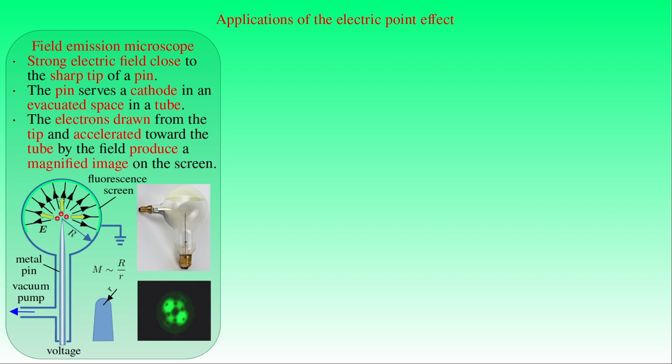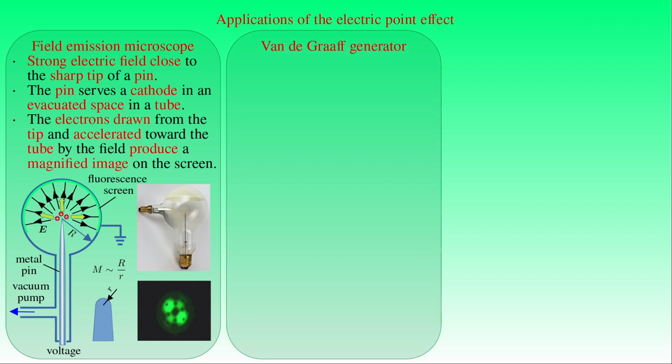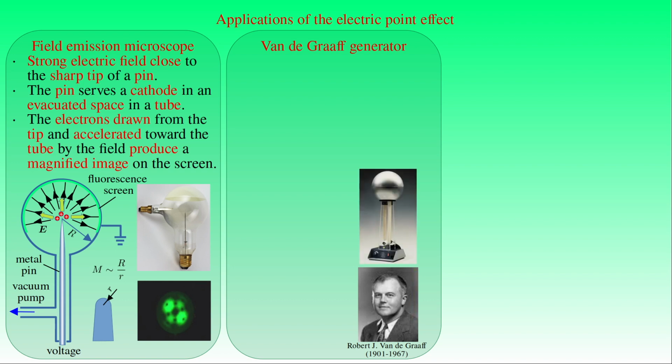The next example for applications utilizing the electric point effect is an electrostatic machine producing high static voltages, that was designed by Robert J. van de Graaff, an American physicist, and it is known as the Van de Graaff generator. A specimen of this apparatus is seen in the photo, and this schematic diagram will help us to understand its